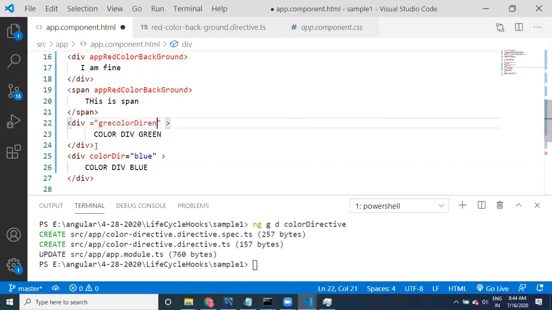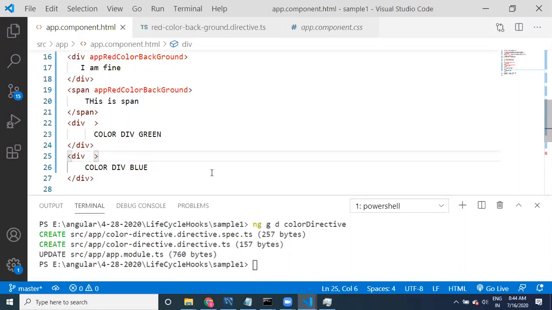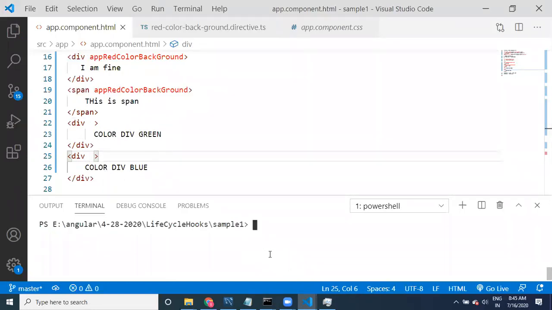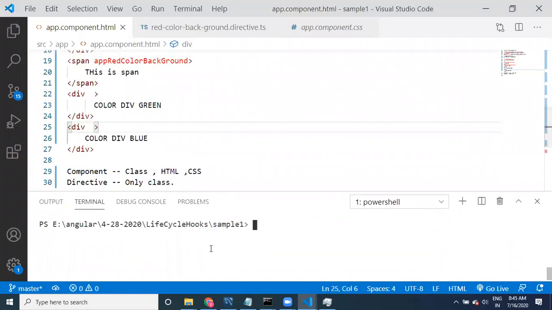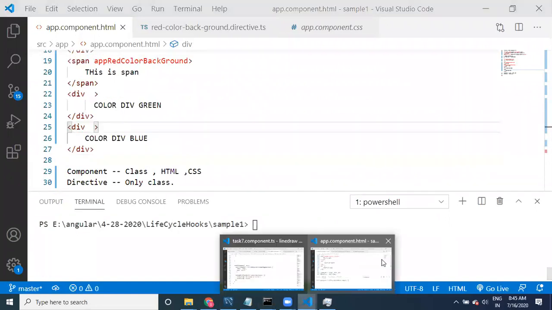I have shown you how it should be. Now once we have created the color directive, we have to do something else.